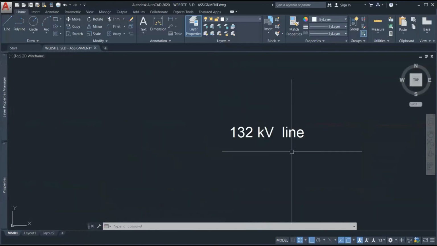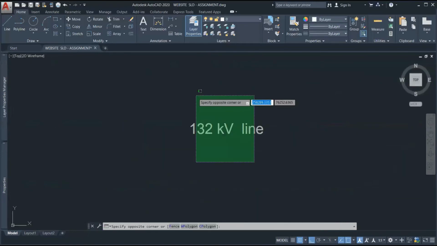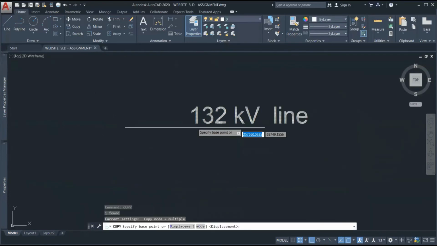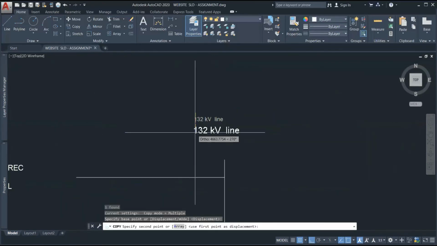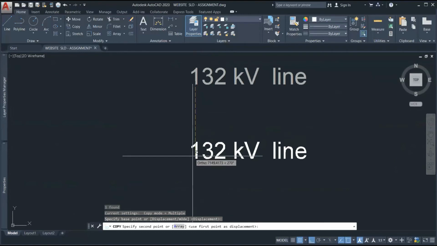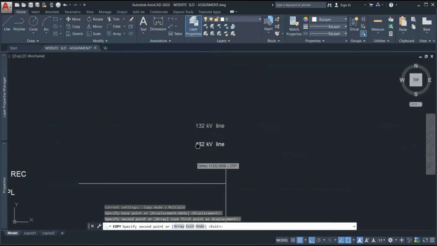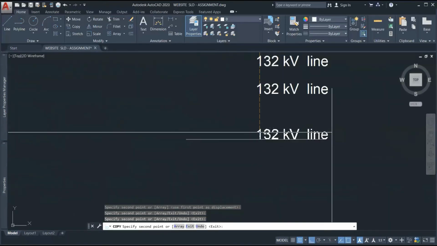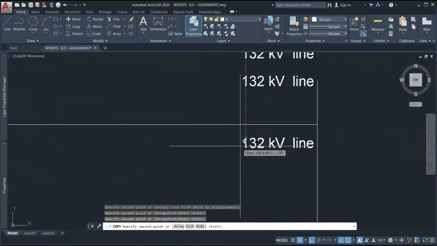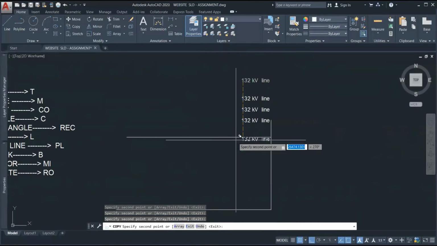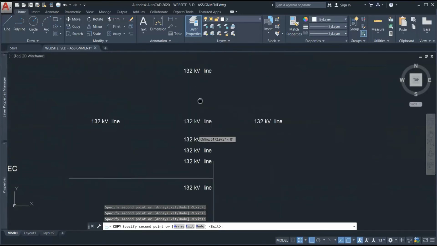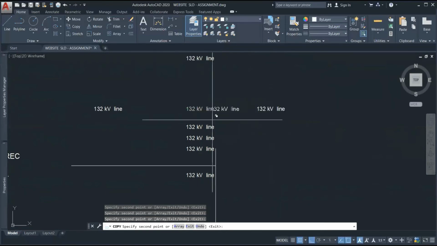Okay, let me show once more. Just select the object, write command copy, press enter, select the object and click one more time where you want to place the object, right? So you can have multiple copies. One thing you will be watching is that these objects are going only on a straight line, like 90° from this object, right? This is happening because of the ortho.